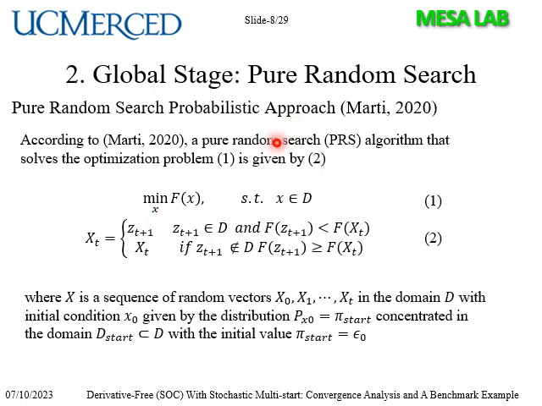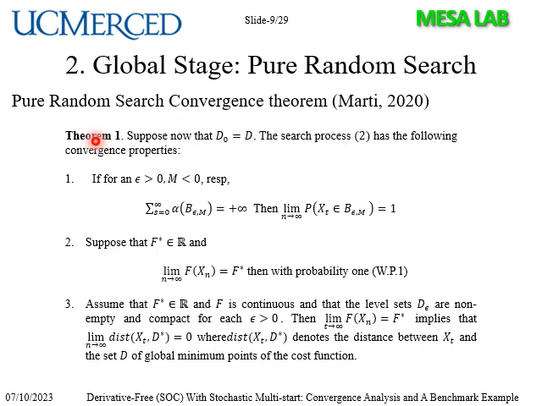In order to achieve the convergence, we can use the convergence theorem proposed by Merced, which basically makes sure that if we are in a constrained domain D for the solutions, that is the search space for the randomness, and the probability limit is bounded between plus and minus infinity, and we suppose that the cost function has, with probability 1, an optimal value, then as the iteration axis or time axis goes to infinity, the probability distribution of the solutions will lead us to the global solution.